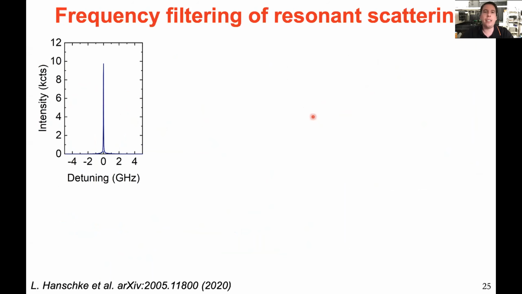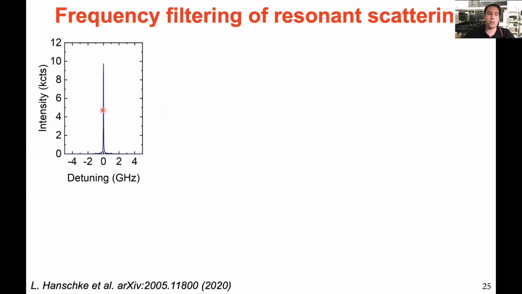So now in the final part of my talk, I would like to talk about the myth of generating single photons with a subnatural line width. Because a few years ago, multiple publications have shown that when you continuously excite the quantum dot using a weak continuous wave laser, you see photons with a subnatural line width. So this is the case here.